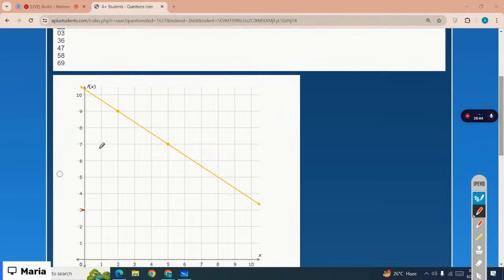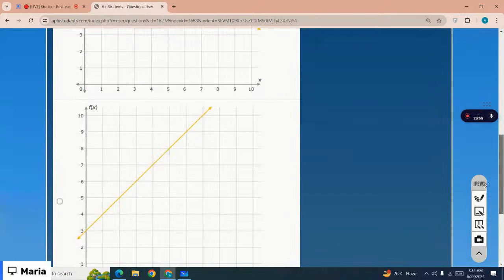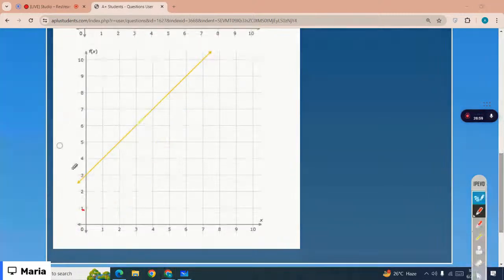But this point is not on the graph, right? That means this isn't the correct option. 0, 3, 3, 6. Let's just match only the first 2 points, 0, 3, and 3, 6, right? X is 0, y is 3. X is 3, y is 6. So that means that is the correct option that matches the values in the table, right? So the correct option is option number